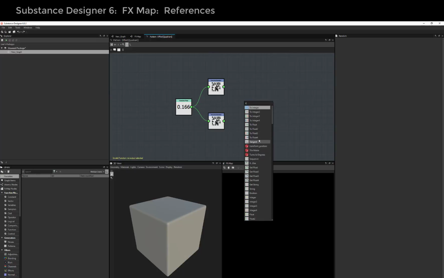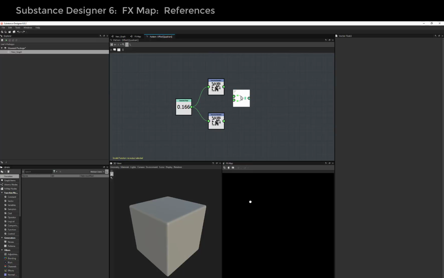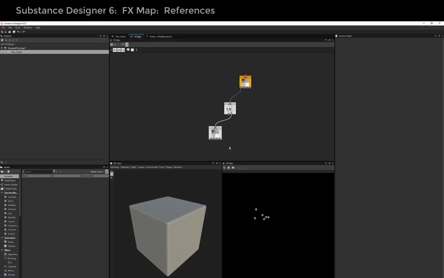And then we need vector float 2, which gathers floats and puts them out into a vector 2. So we do that. Now this can be the output node. And you see everything just suddenly kicks over like that and slightly randomizes. Now if we go up to the FX map again, now we have 6 of these, 1, 2, 3, 4, 5, 6. And they're being randomized. We can select this, Control C, and over here, Control V,